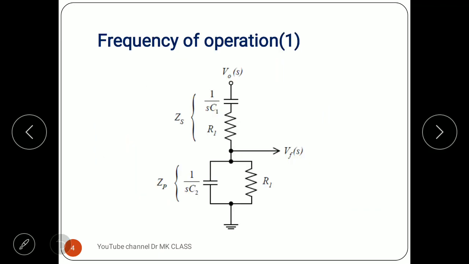So here you see the frequency of operation. This is the feedback: the voltage from the amplifier, out of which we are taking a portion of the output across Z2 and giving it to the amplifier. So first one is ZS. S means series. So R1 and C1 are in series. So R1 plus 1 by SC1 acts as ZS, the series impedance. And the second one is the parallel impedance, ZP, 1 by SC2 in parallel with R2. So like that we have to connect it and calculate.